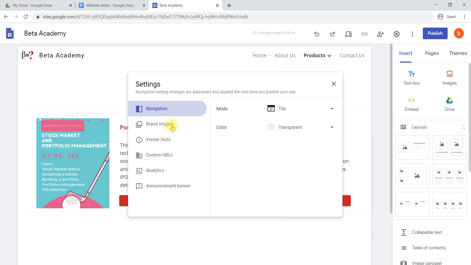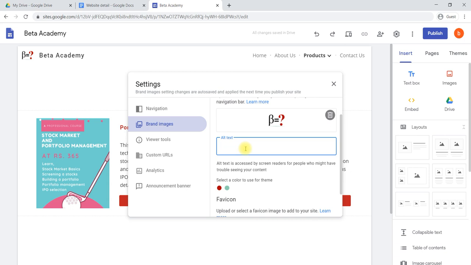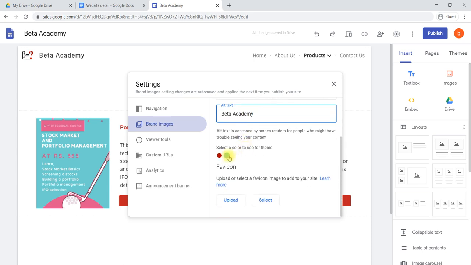Then it comes to the brand image. We already added a logo here. We can give the alternative text, which is what is shown if the logo is not loaded. And theme color, we already selected a theme color.